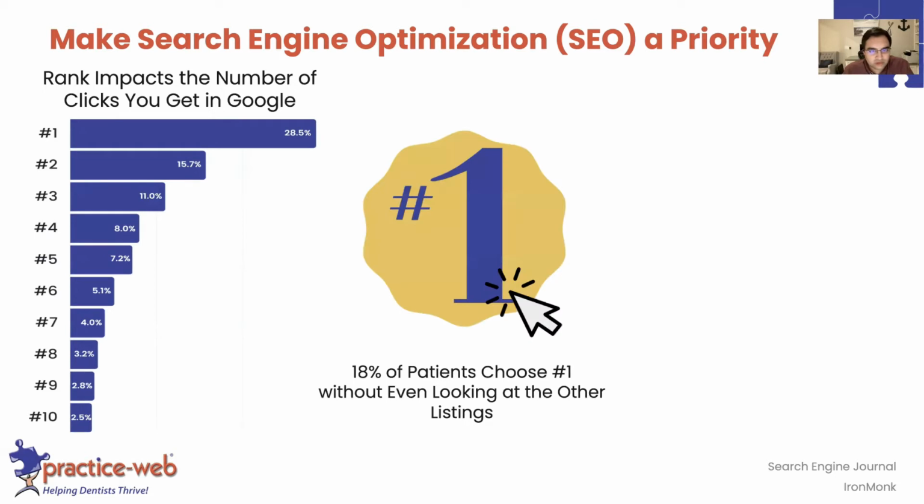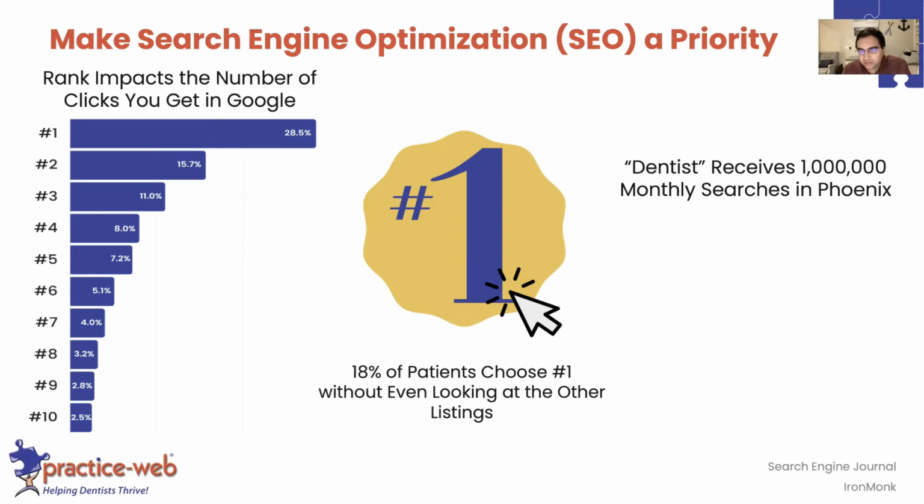The fact of the matter is 18% of patients don't even look past number one. They just choose number one in the search results on Google. So you definitely want to be boosting your exposure so that you're ranking high in the Google search. An example of this is, let's say dentists in Phoenix, Arizona, that gets roughly 1 million monthly searches for